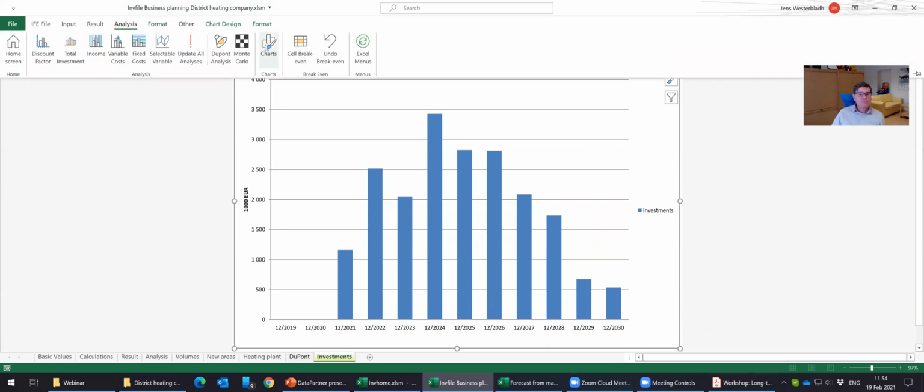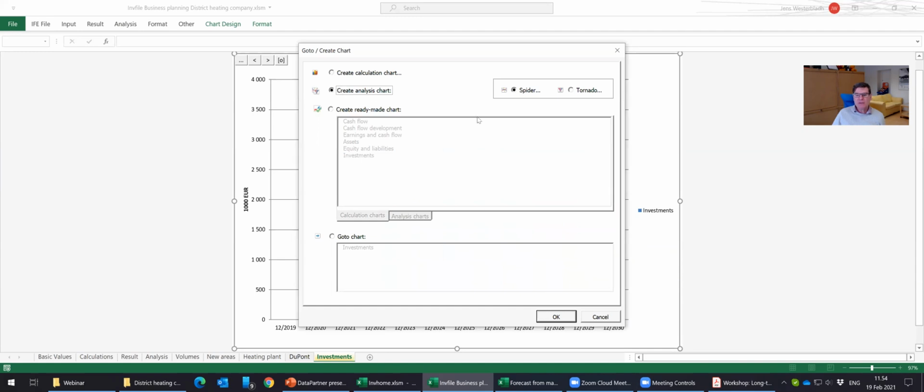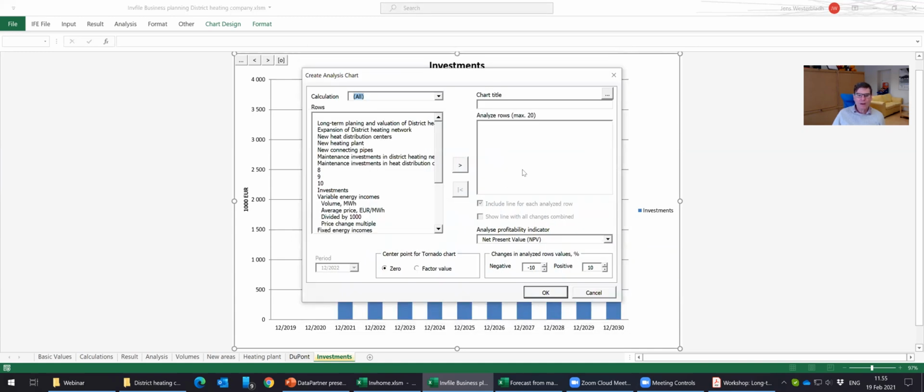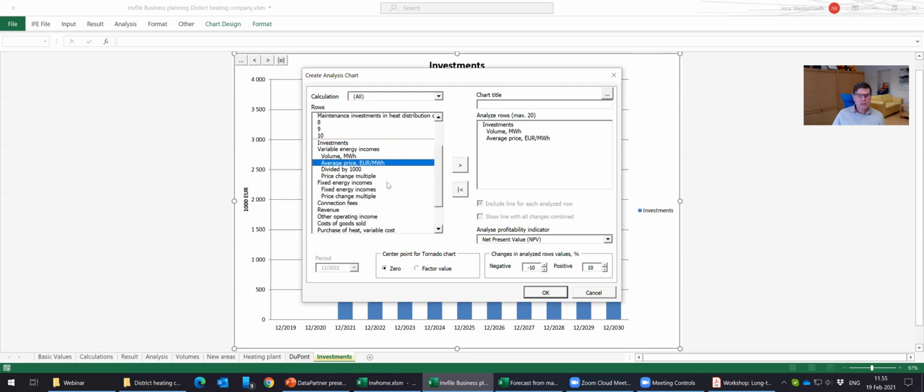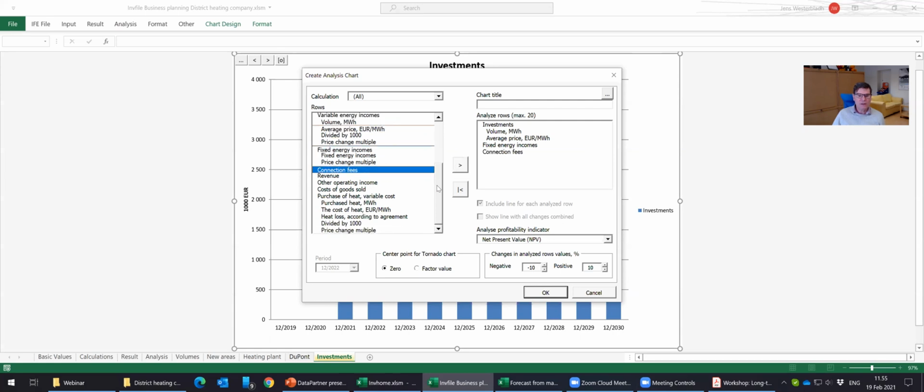Or what else we have? Analysis chart. We have the spider chart and the tornado chart. Let's try the tornado chart. And let's again take investments. We take volume, we take price, we take fixed energy incomes, we take connection fees, we take cost of heat loss,